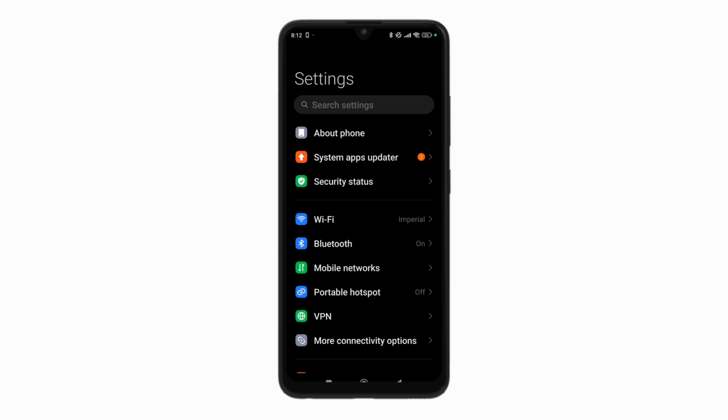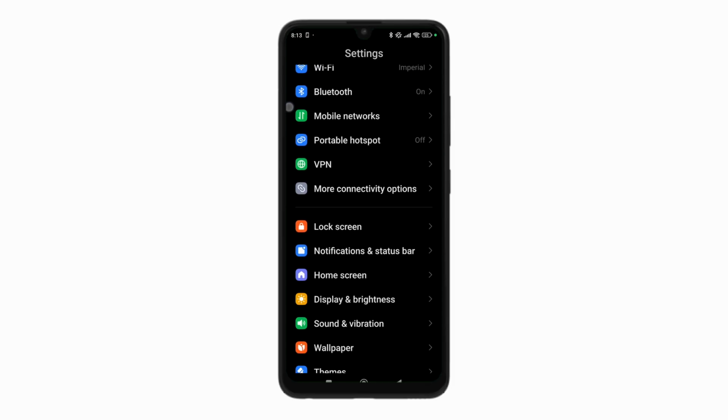I'm going to show you how you can fix Duolingo mic not working. Now I'm going to show you both methods for iOS and Android. First off, for Android, you just have to go to your settings here, and then on settings, you want to